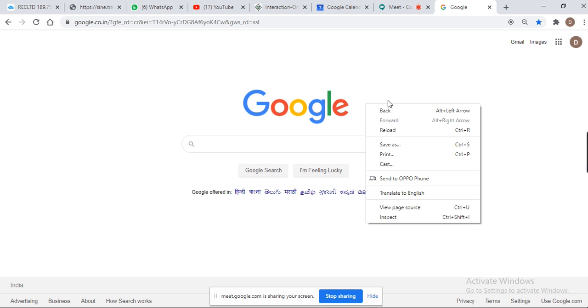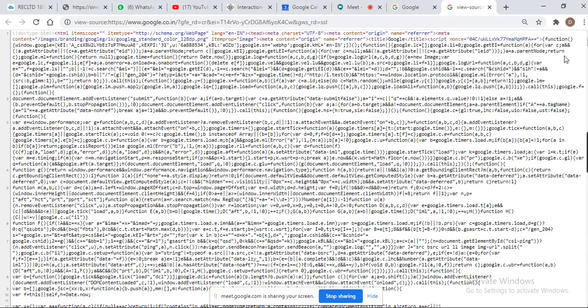Just wait for a minute. Page source, here is the option. If you right click on that page, the option is view page source. Once you click on view page source, it shows up the HTML text. Let's see how it is shown. Okay, you can see that this is a huge HTML text.